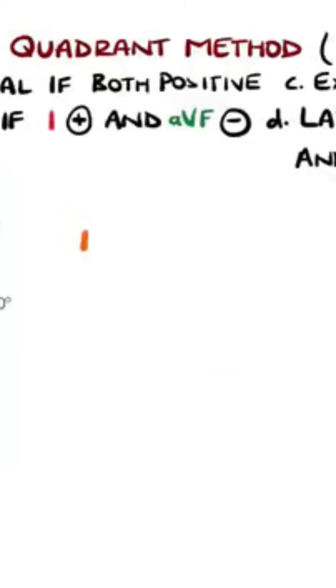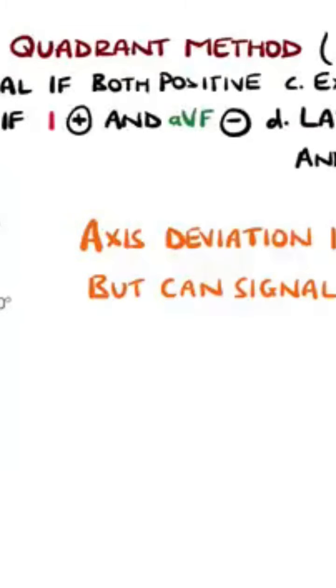Axis deviation can occur in many different conditions and is not specific, but looking at it first can alert you early